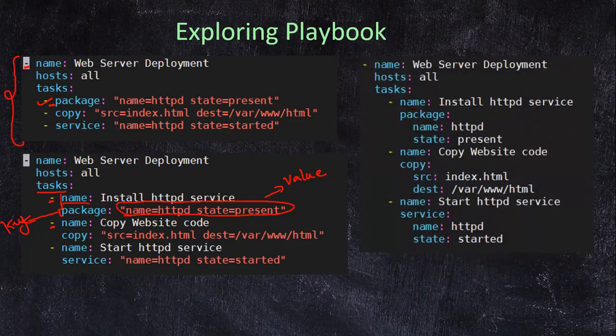In here, what we do is we just specify the name, the package, and whatever we have mentioned here, we mention as a child of this specific entry, package. So in here we have package, then it is our name, state.